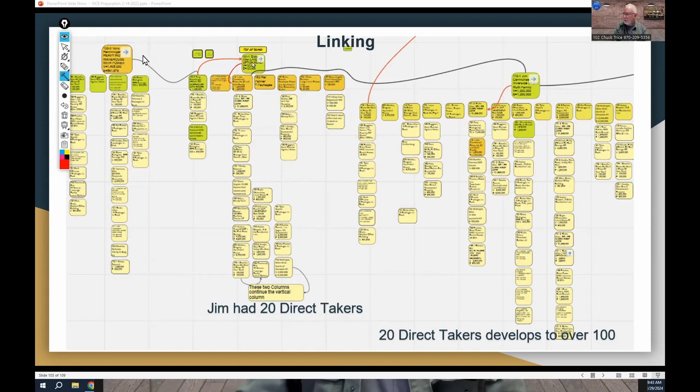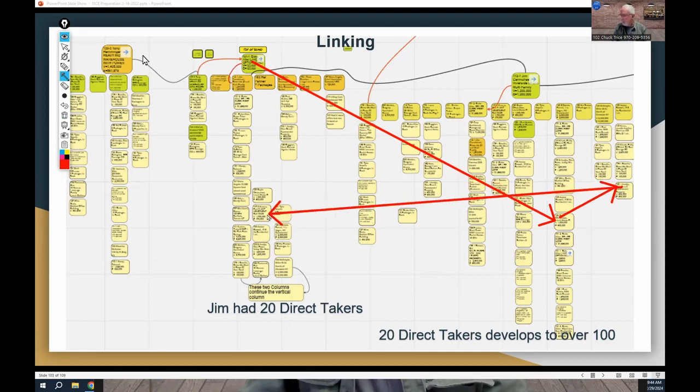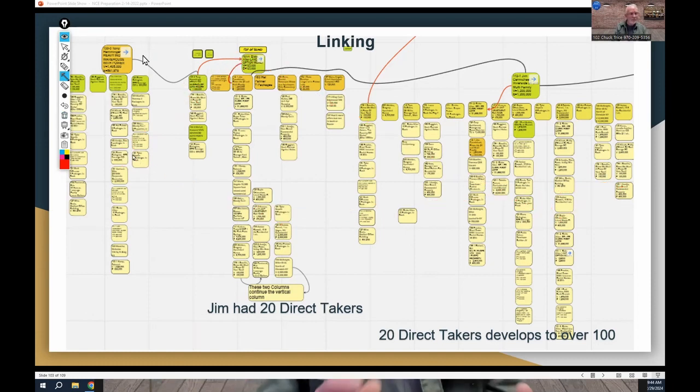So Blake says, okay, I would take this one. This one says I would take that one. That one says I would take that one. You could take that one and you could go back to that one, and you got to close the loop. So you can do that. It's just how much energy you have, how far you want to take this, how many levels you want to take it, and you can take it as many levels deep as you think it needs to be